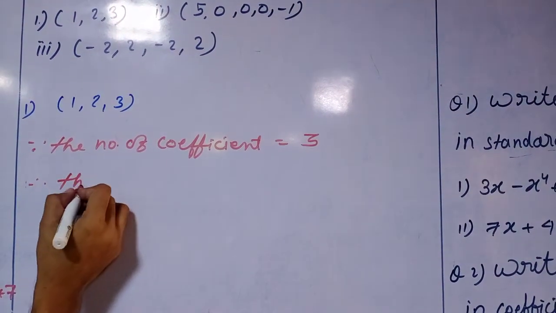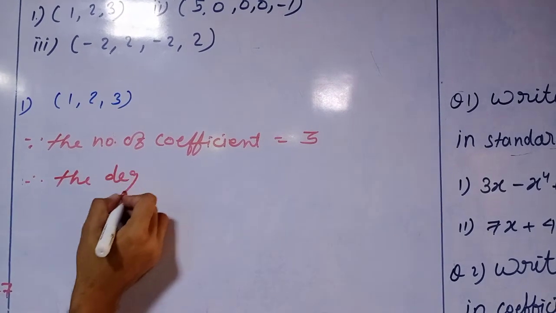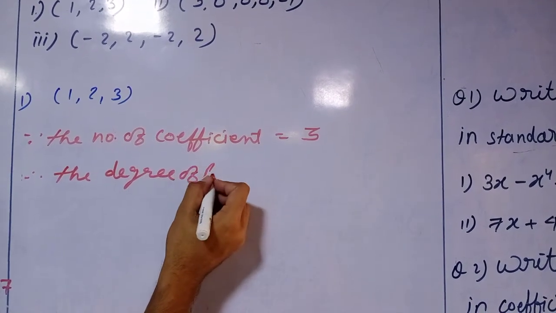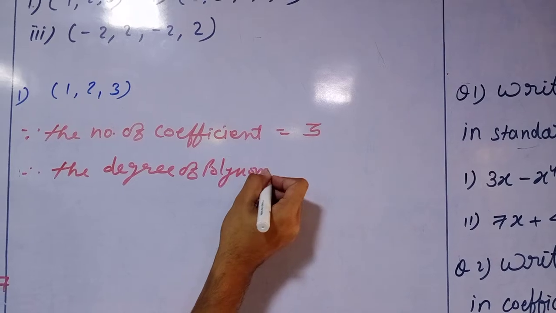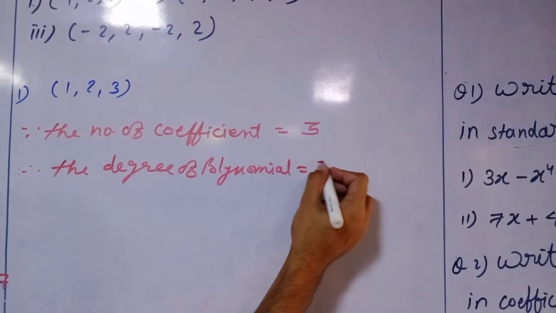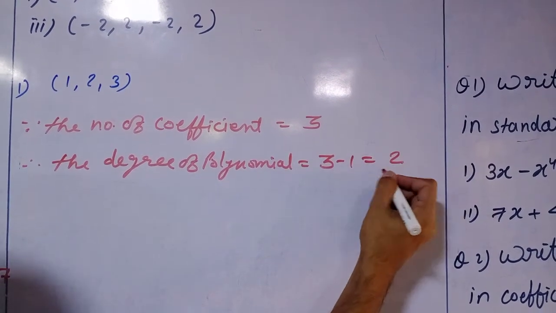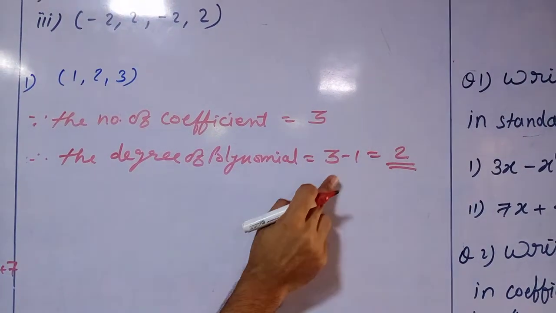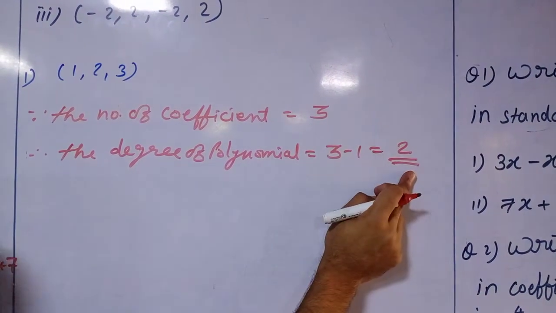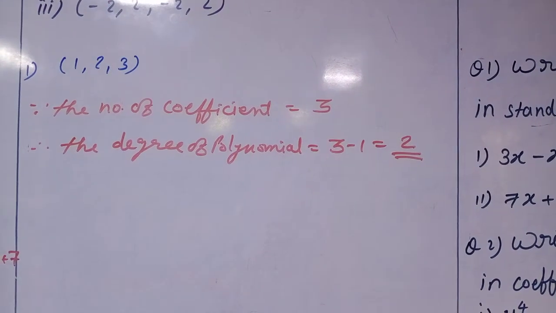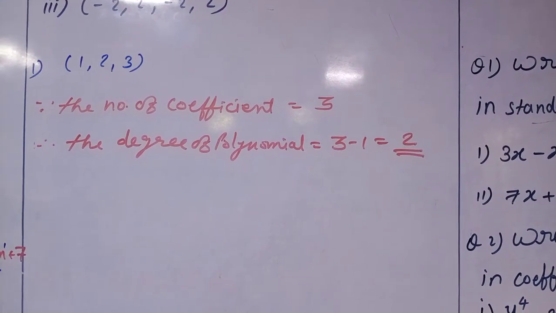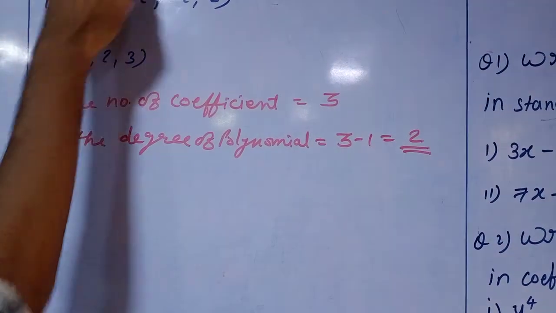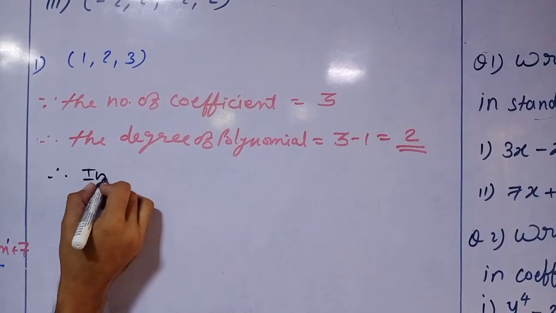Therefore the degree of polynomial is equal to 3 minus 1 is equal to 2. Whenever we have the number of coefficients, always deduct 1 from it, so we get the degree of the polynomial. So therefore, now what we needed, the index form